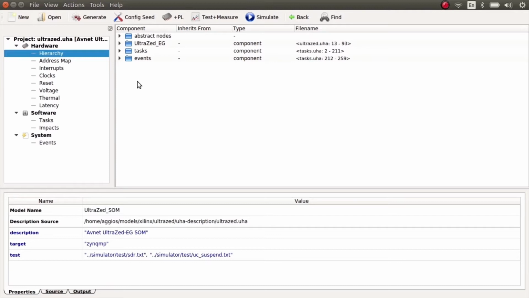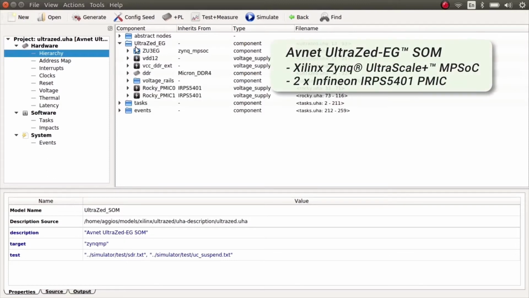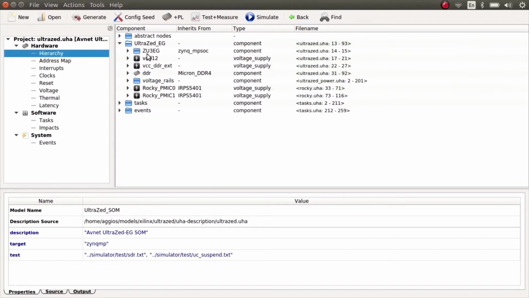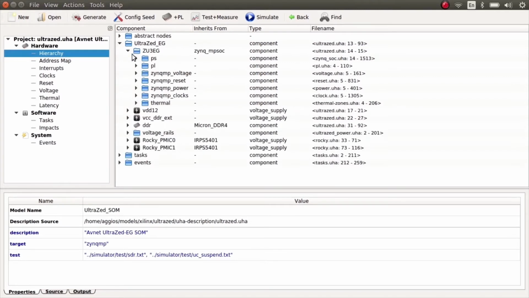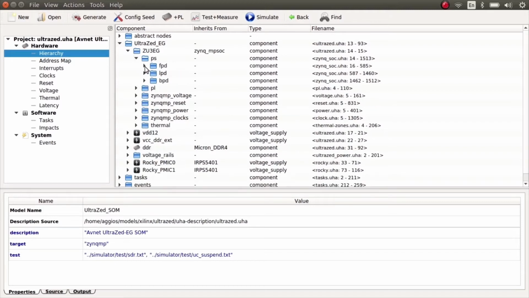I have already loaded a model of the UltraZed system, so this is what we can see here in the central area. We can see the UltraZed board at the top level containing the ZU3-EG, which is a Zynq UltraScale Plus MPSoC, but also the Infineon PMIC as well as other board components such as the DDR4 chip. If we take a closer look at the Zynq SoC, we can see the different power domains as well as